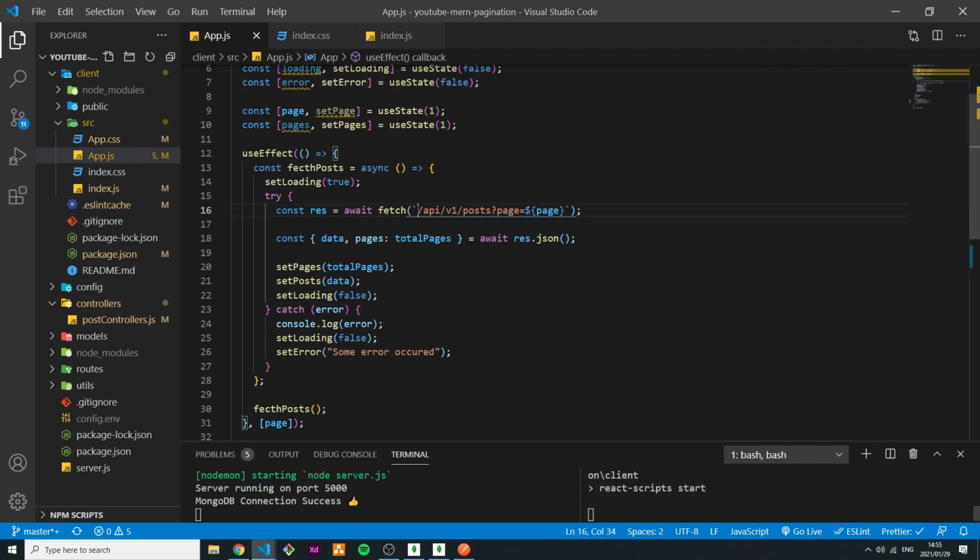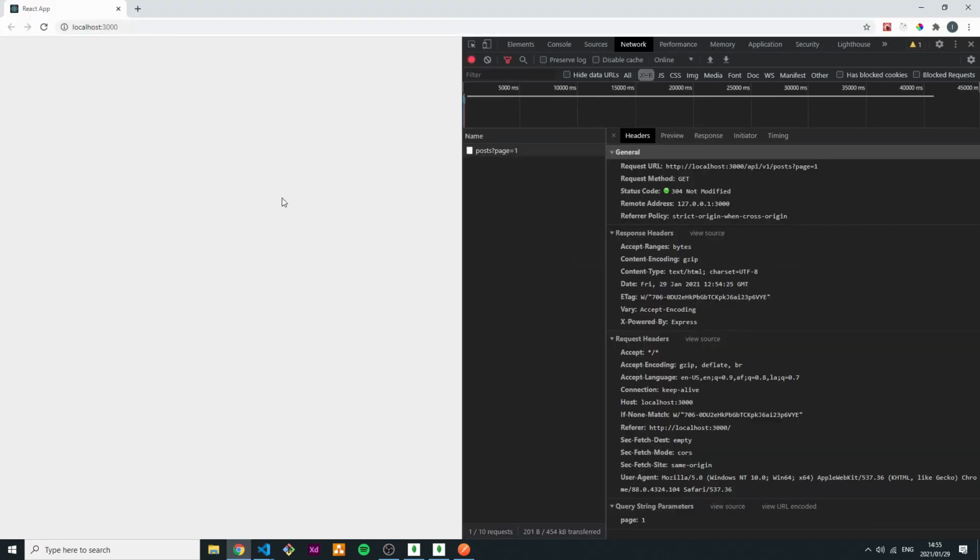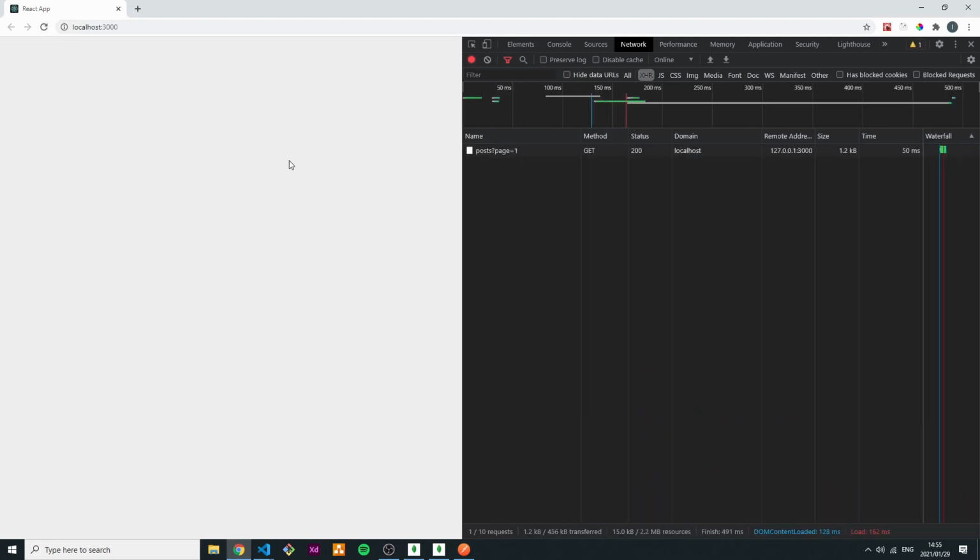And the reason we're doing the proxy is because over here we are not specifying the port we are going to. We're not saying http://localhost:5000. So it's trying to make a request to 3000 and then it's just like nothing is happening. Okay, so if we go back now and we view our network tab and we refresh,